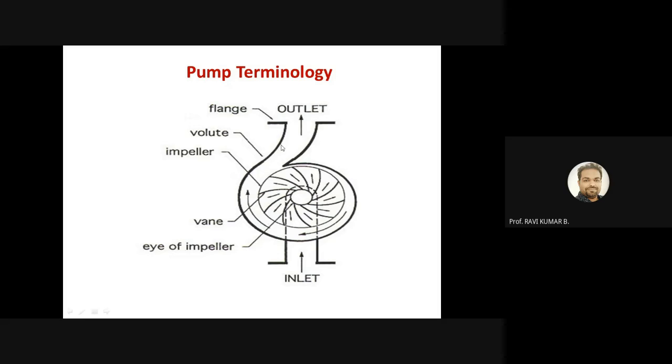So this is the volute, right? As I said, the entire thing is called the volute casing, and this is the impeller casing. Through this, water will be circulating and rotating, and while it's rotating in the impeller blades, called curved vanes, its kinetic energy increases, and because of that pressure will also increase when it comes into the static part of the casing. At that time, expansion will take place. Due to expansion, pressure will rise, right? So finally it comes out. So this is very simple.